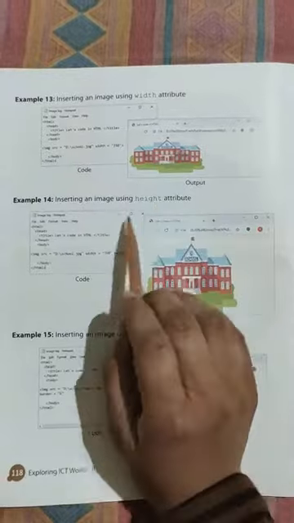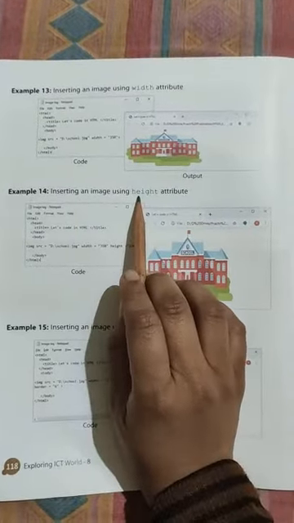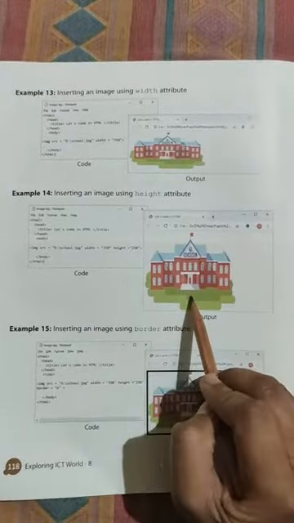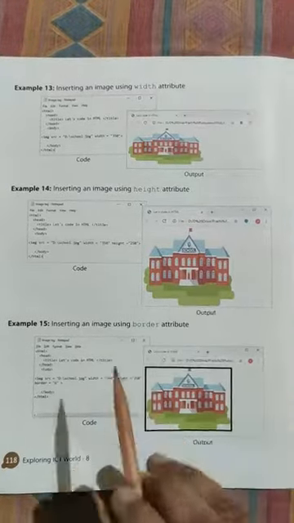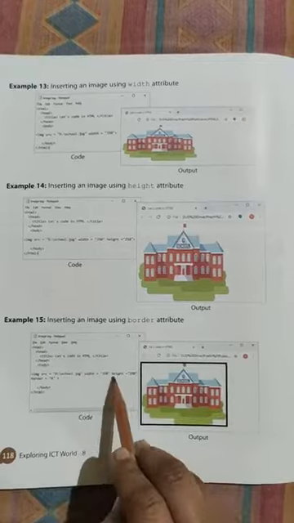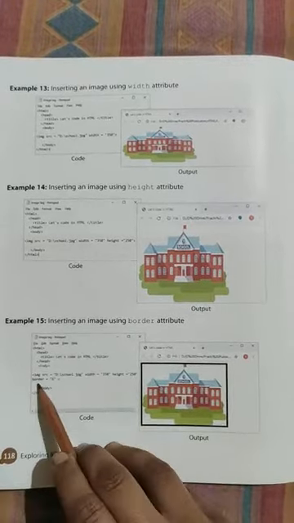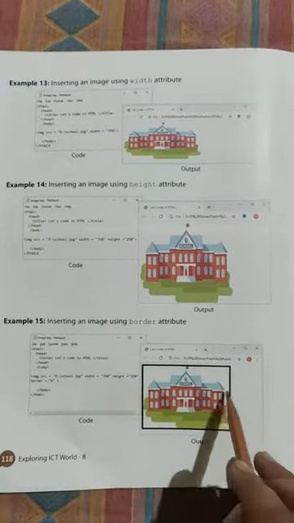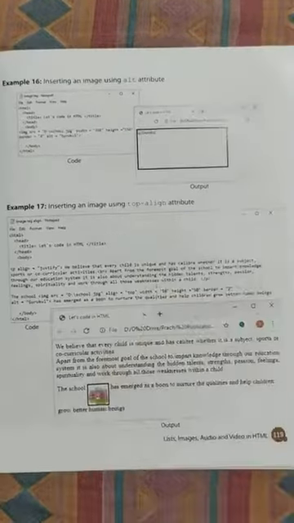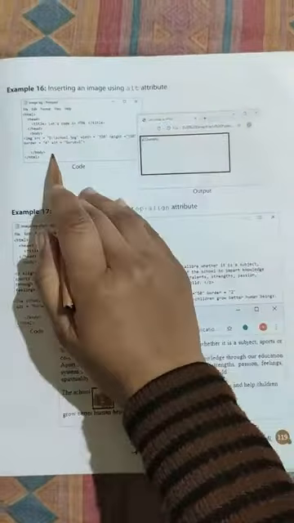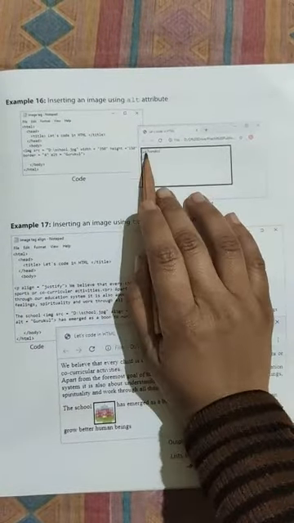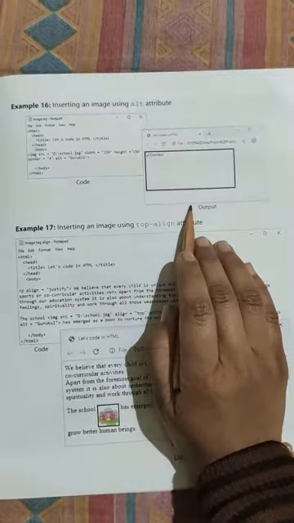This is the output. Here we are using height. Here we give width also and height also. This gives the output. Here we are using border, height, width, and this is the border. Border equals to 6. So in the output this is the border of the image. Got it? And see here, this is the alt attribute. Here we write alt equal to Google, so this becomes the alt, and in this here it is Google. This is the output.